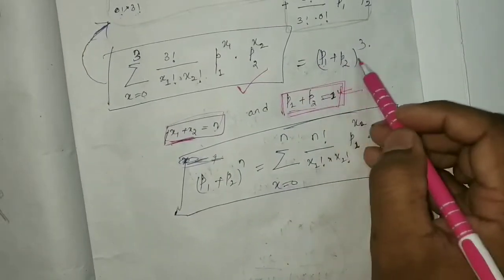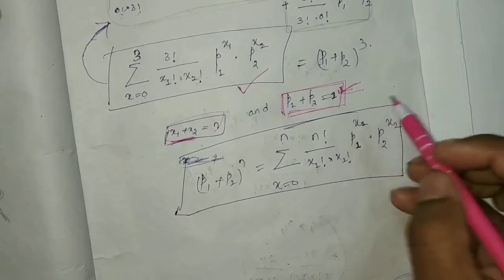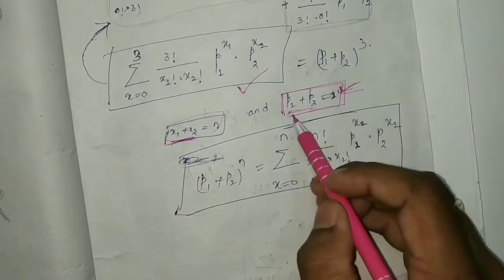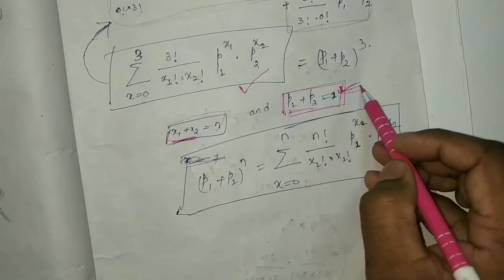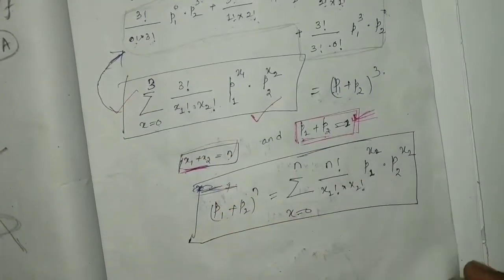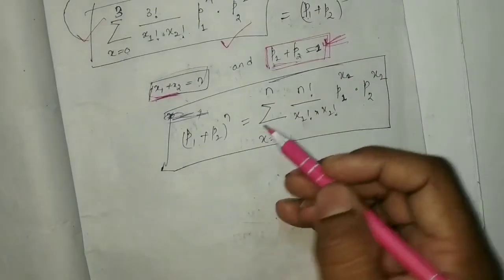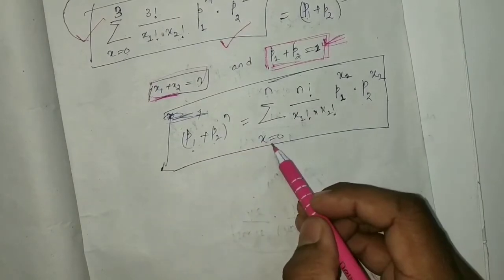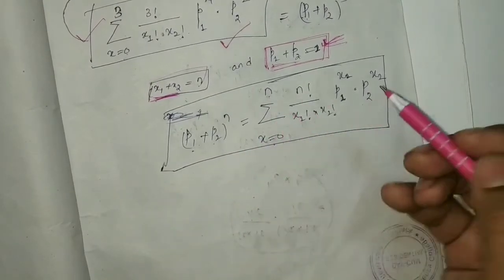In general we have written it this way, but if we consider the binomial distribution, where p1 and p2 are the probabilities, then this plus this will be 1. So you just consider that these 4 terms can be written like this. Now in general you can write (p1 plus p2) to the power n, with x from 0 to n, how much will it be?